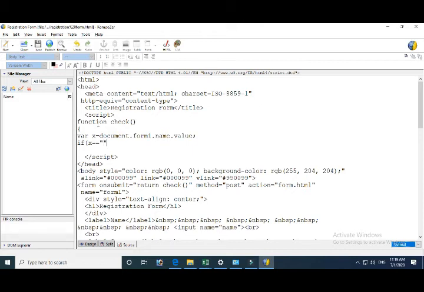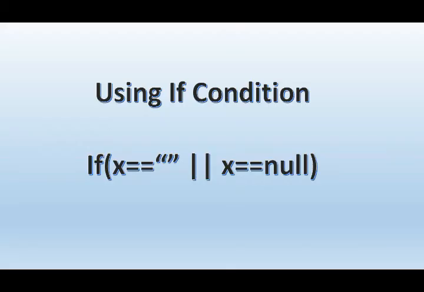Now we are going to create a condition. So if, in parenthesis, x double equal to, where double equal is the equality check, we are using the if condition. In parenthesis we write x equal to two quotes, that means if nothing is entered in x. So this will happen when the name field box is empty.